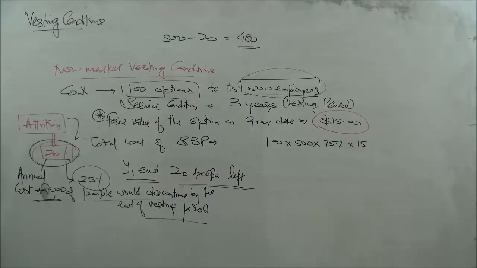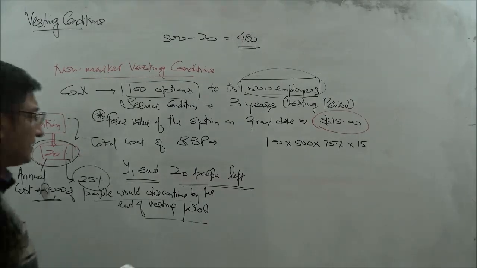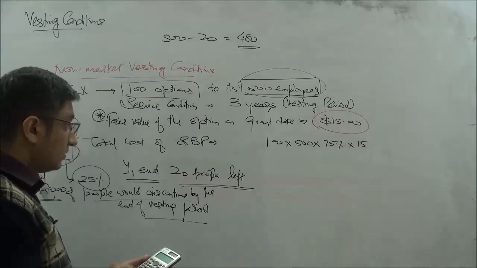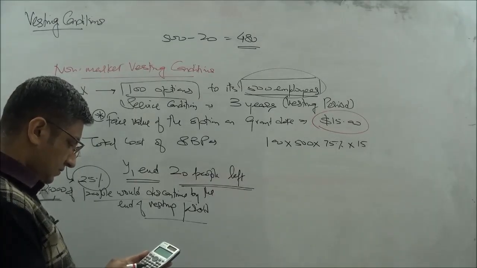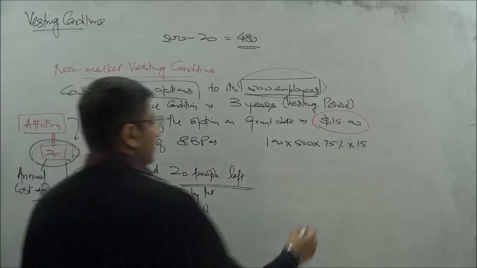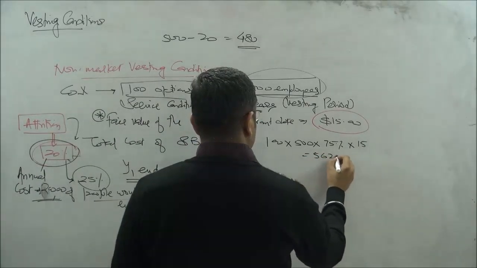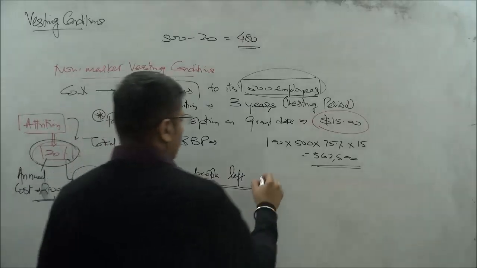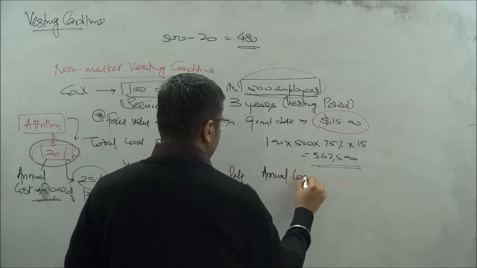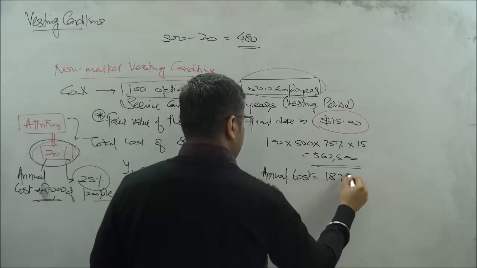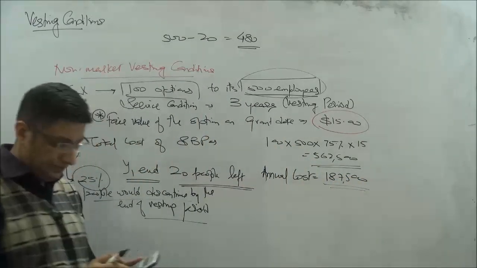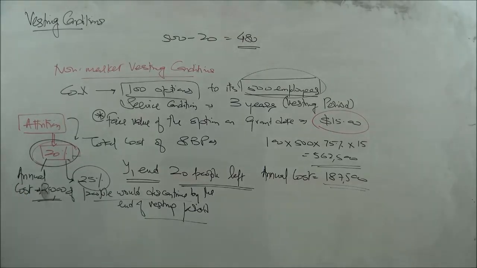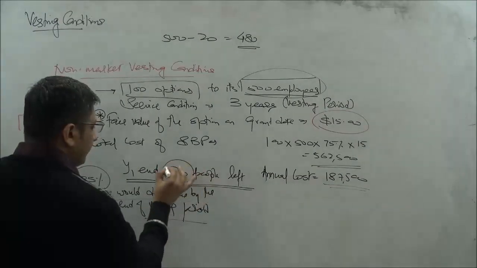So when I do this calculation, I get a number which comes at 562,500, and that divided by 3 gives me an annual cost of 187,500. Right? What we need to respect here is the fact that, of course, 20 people have left, but even